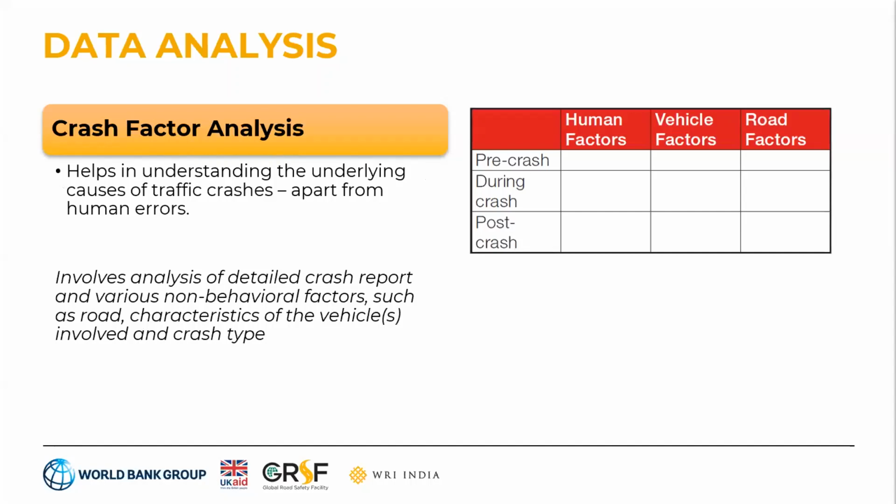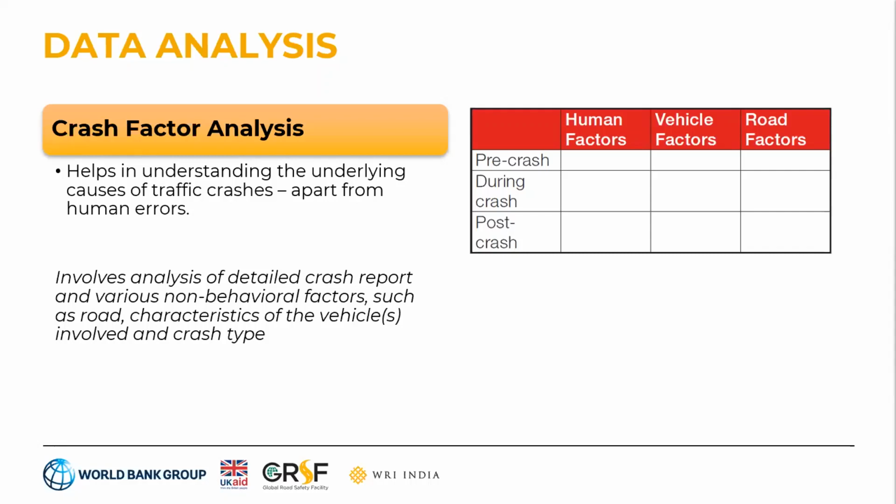So one thing that we encourage when people are doing the assessment of crash risk is to not look at crash risk being attributed to one factor. That's typically the mistake made when we look at police records. As we see, an overwhelming number of crashes are reported as being due to driver error, either reckless driving or over speeding. But what we know is that road crashes are a multi-factor event, and there are many variables that come into play together that lead towards a crash. So a scientific assessment of crashes can look at disaggregating these factors into three broad buckets, that is human factors, vehicle factors, and road factors,